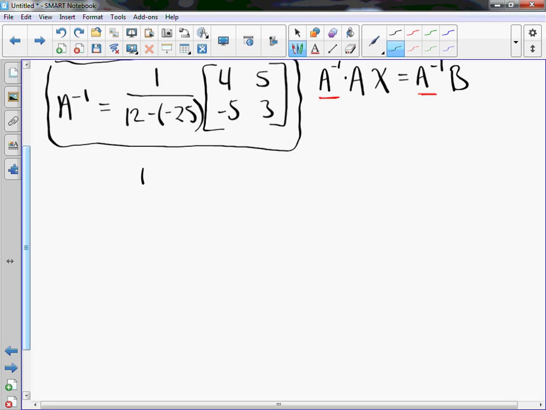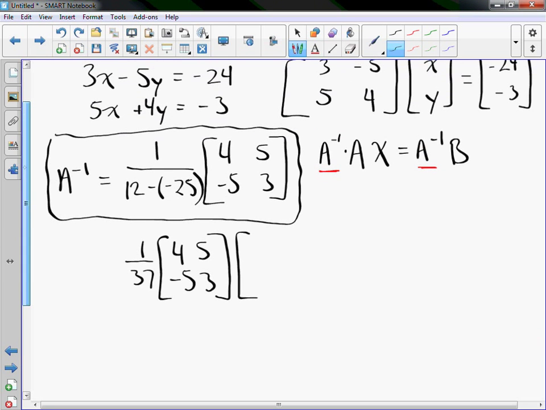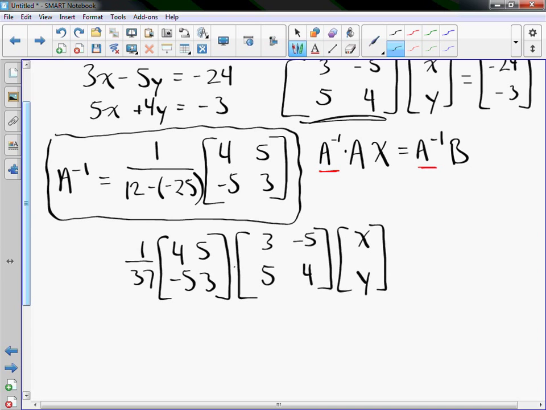So we have 1 over 37, 4, 5, negative 5, 3, times the matrix. So we're multiplying this on the outside of this matrix up here. 3, 5, negative 5, 4, x, y, equals,